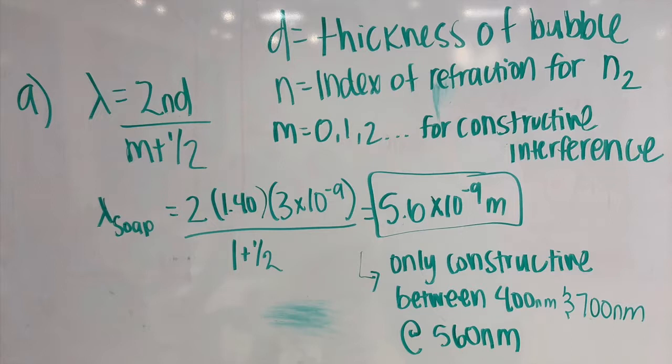So we multiply 2 by 1.40 because that's the N value, 3 times 10 to the negative 9 because that is the thickness in nanometers, and divide that by 1 plus 1/2. In this we get 5.6 times 10 to the negative 9th meters. We can only see the visible light between 400 nanometers and 700 nanometers. So M equals 1 is the only value where we have constructive interference, and that value is the 560 nanometers